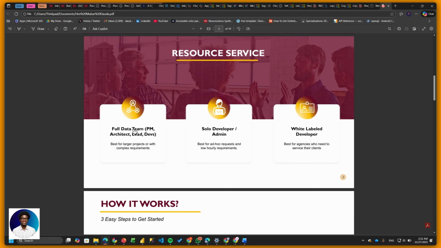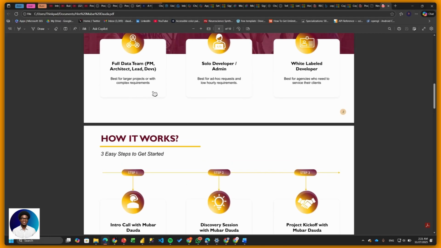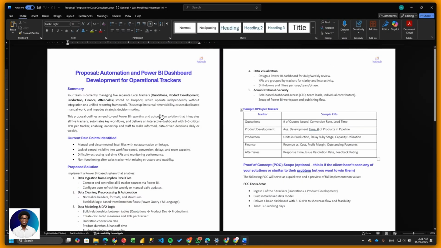And a white label developer is for agencies, like a company that needs somebody brought on board to do that thing for them. So it's more of a consulting role. If you categorize yourself into these three things, I just showed you how I work. These are my project kickoff on how I do my own stuff. No matter what anyone wants to give me, I already have this template tailored for any solution I want to provide, whether as a solo developer, as a full team, which is as an agency, or when I want to partner with another agency.